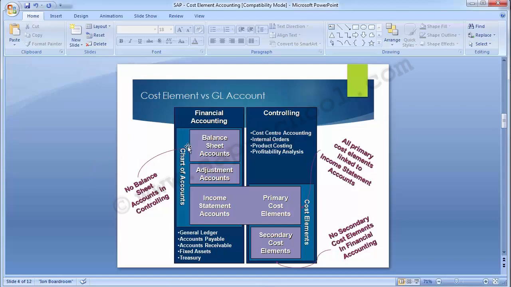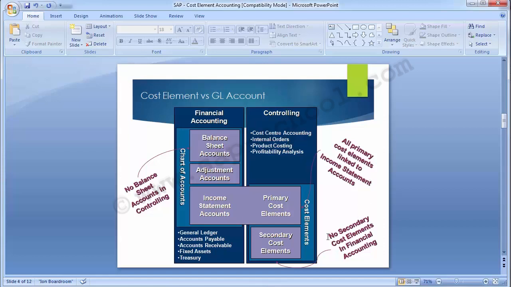Whereas on the other side, the balance sheet accounts or the adjustment accounts do not need any cost element to be created. So as we can see over here on the screen, no balance sheet account is required in controlling, whereas every primary cost element is linked to an income statement account directly,